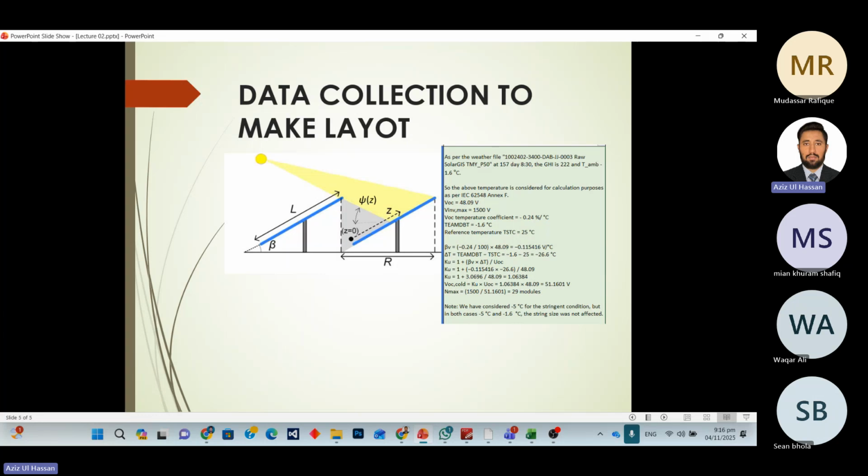But in the summer, the temperature will rise and the voltage will decrease. But in the winter, the temperature will decrease and the voltage will increase. Due to this increase, the number of the PV modules